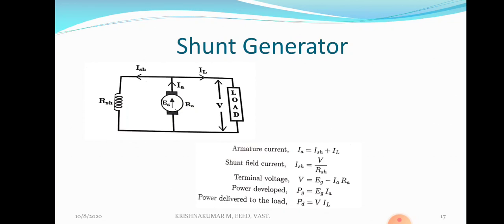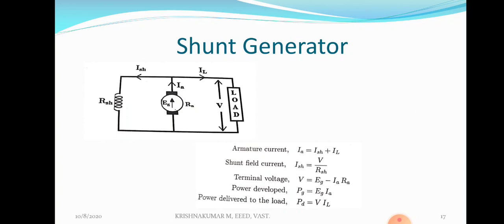After the voltage build-up in a DC shunt generator, we can give load across the generator. We are allowed to give the load across the generator only after the voltage build-up in a DC shunt generator. First of all, we are not giving any external load to this shunt generator. First of all, we have to build up the voltage in this armature. For that, the field winding of this machine has the capability of producing flux of its own, that means residual magnetism. This residual magnetism is very weak. This weak flux cuts the armature winding and a low voltage is induced in the armature.